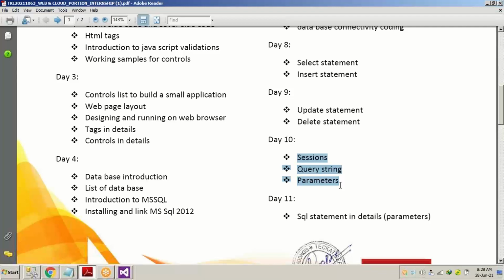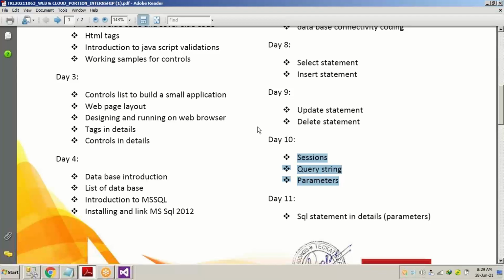That comes under session also, that comes under query string also, that comes under parameters also. Basically, sessions are a temporary storage, by which we can store some data temporarily for a certain period of time on our web browser also.